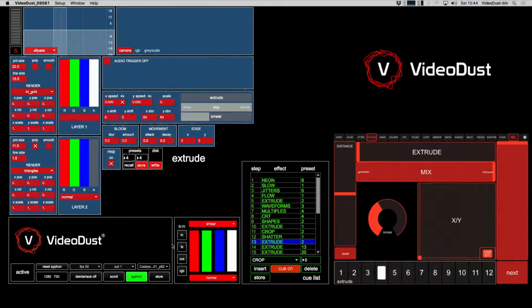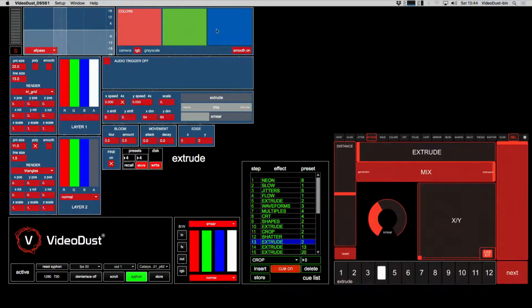Okay, so next we have various color modes. And if you look up here in the user interface, we're currently using a live camera input, which you can alter the colors of in the layer RGB here. And if you click to RGB, it gives you three color palettes, red, green, and blue. At the moment, as you can see, it's black because all our colors are at 0. So as I start to add a touch of color in,